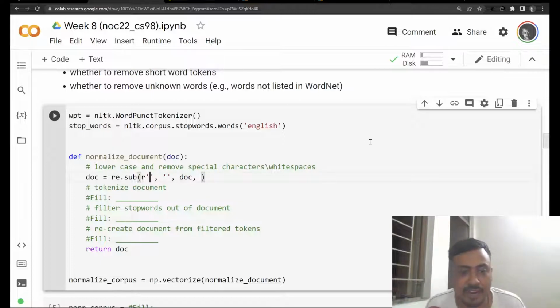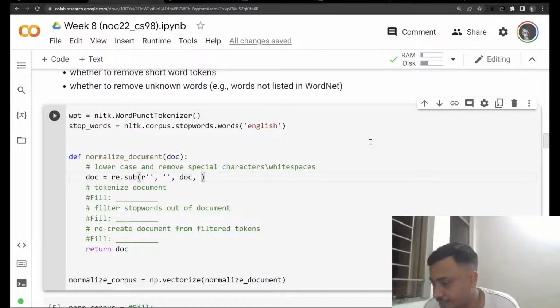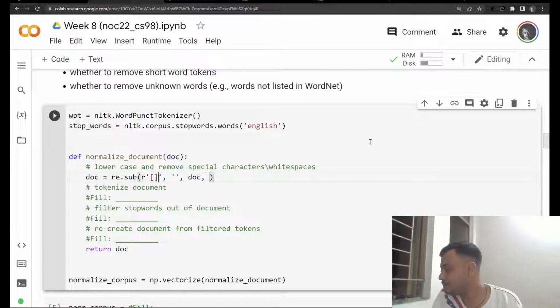So let's first try to find out what the regular expression will be over here. What do we want to do? We want to keep only the alphabets. We want to keep just the alphabets and standard white spaces. Everything else, symbols, punctuation, all those things, get rid of them. How do we get rid of that? Well, firstly we need to do this, which is